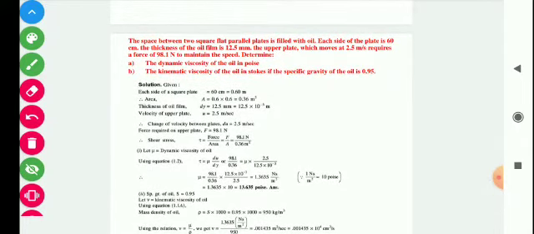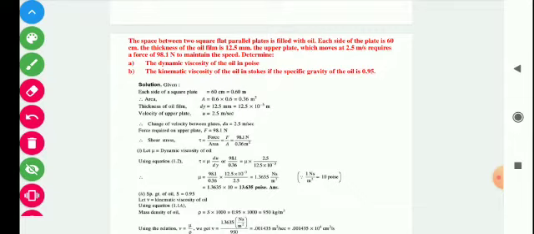the space between two square flat parallel plates is filled with oil. Each side of the plate is 60 centimeter. The thickness of the oil film is 12.5 mm. The upper plate, which moves at 2.5 meter per second, requires a force of 98.1 Newton to maintain the speed. Determine the dynamic viscosity of the oil and the kinematic viscosity of the oil in stokes if the specific gravity of the oil is